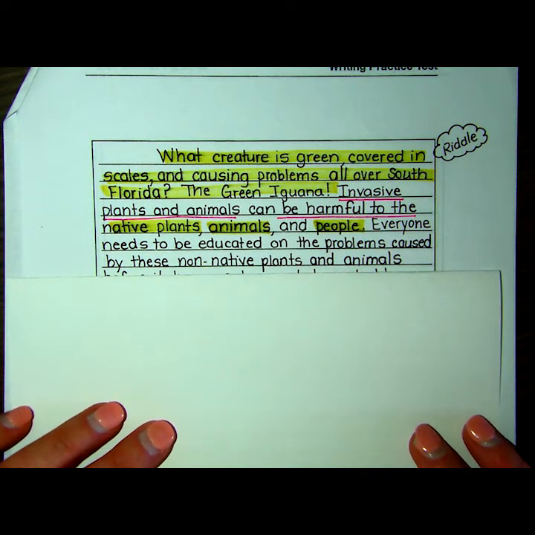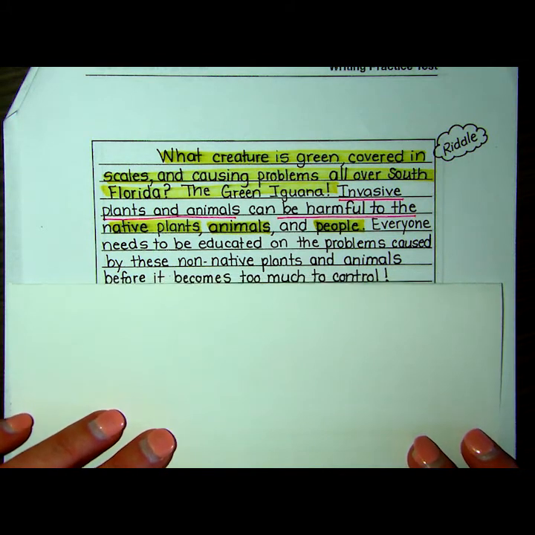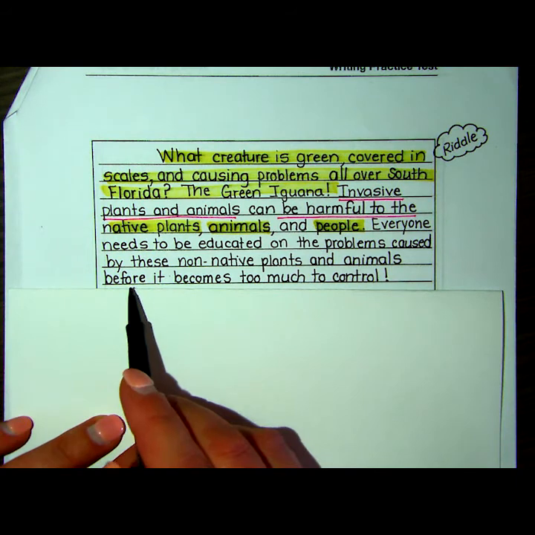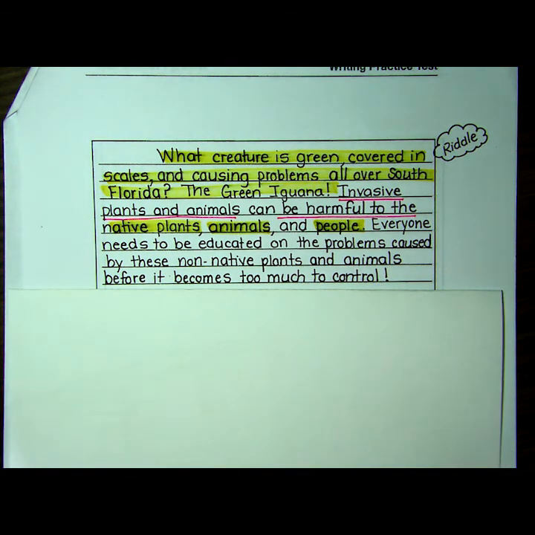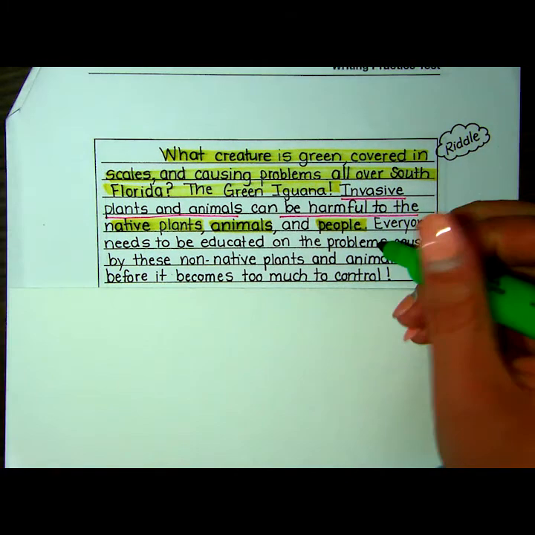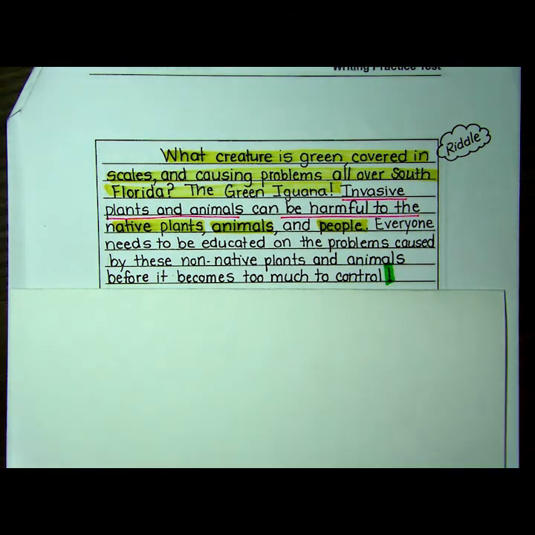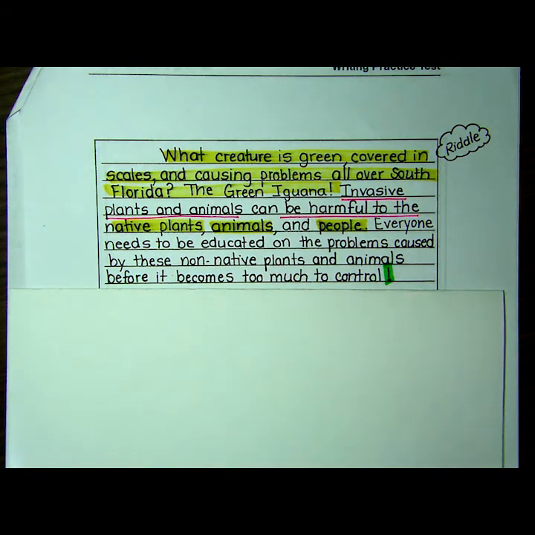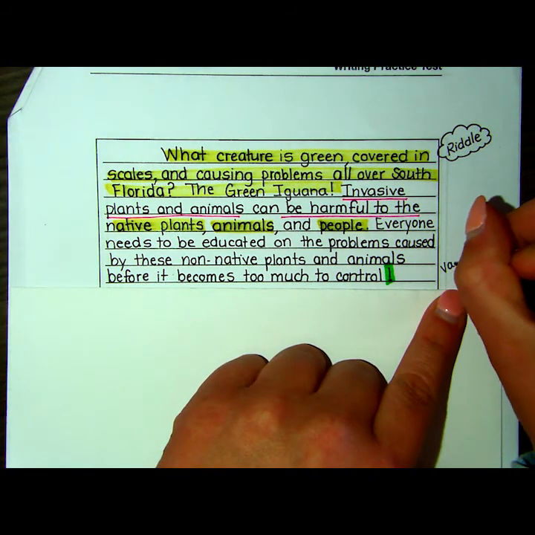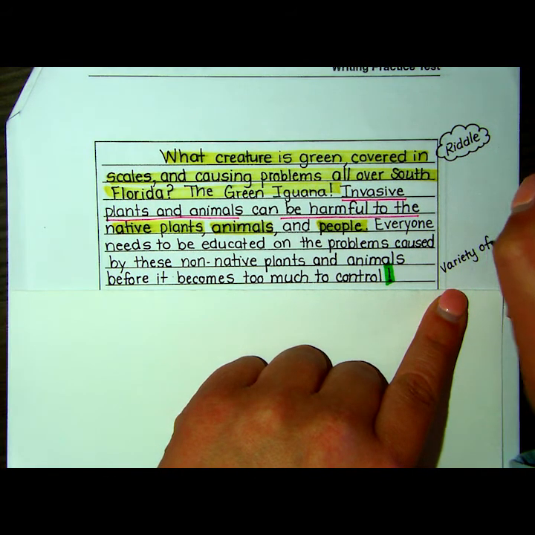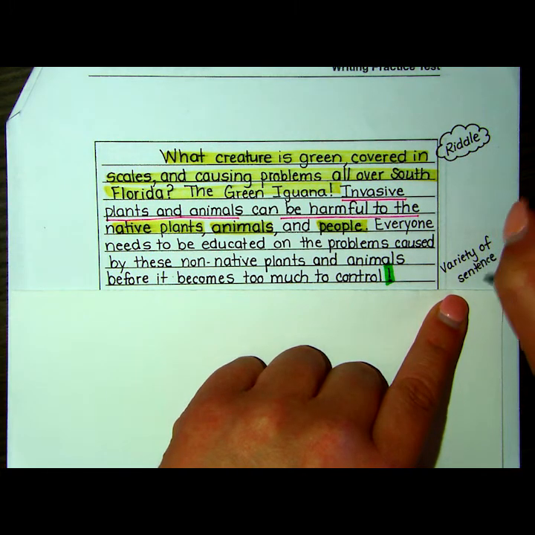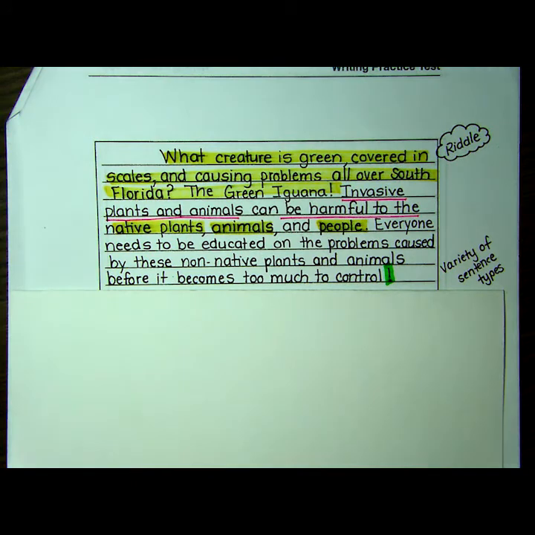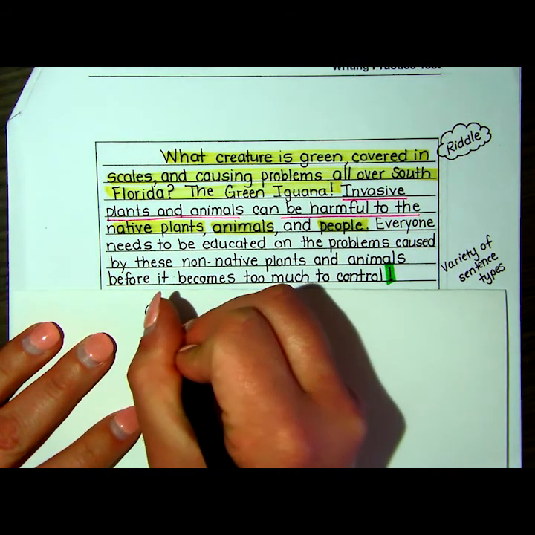Everyone needs to be educated on the problems caused by these non-native plants and animals before it becomes too much to control! Something that I've included here, an exclamation point. We know from our grammar videos that it creates emphasis, and it also includes a variety of sentences. So, variety of sentence types. On your rubric, that is actually an area that is referred to and scored so that students are including different sentences. Remember, we have questions,